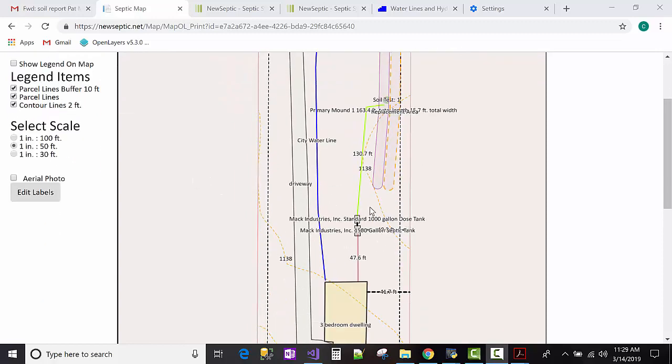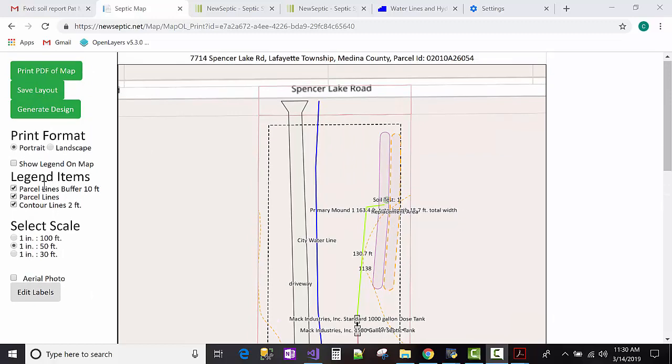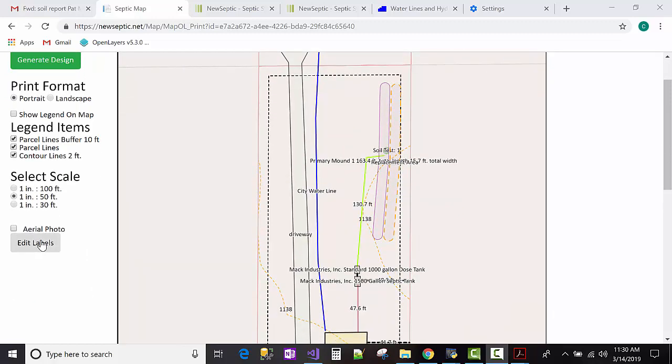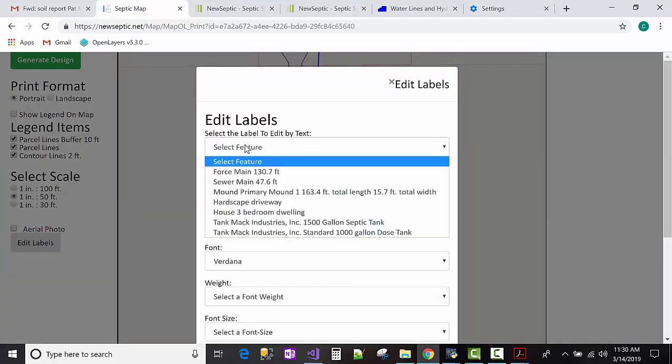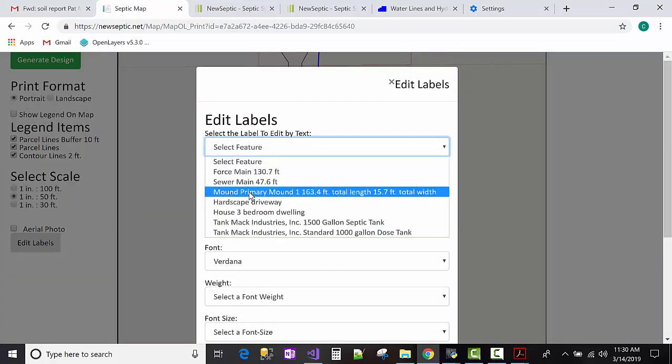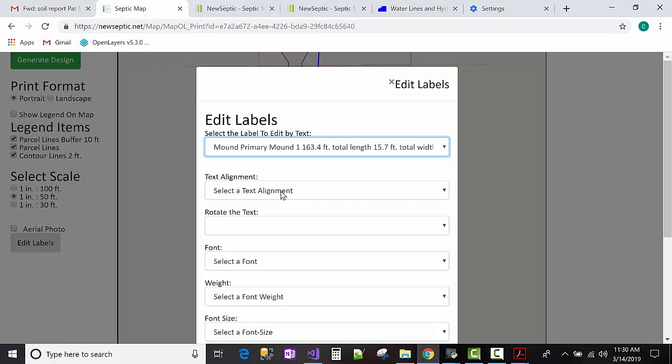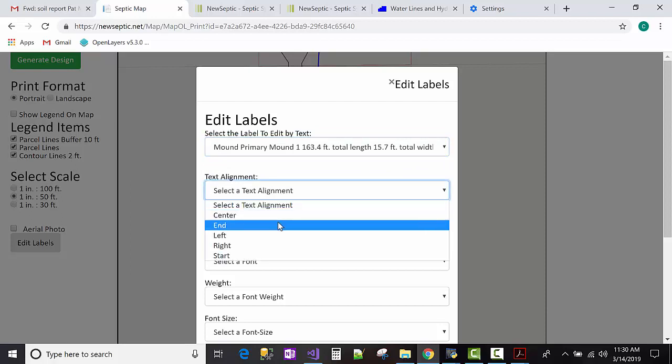But here I can see some of the labels overlapping. One of the features of New Septic is it does not really catch them on the fly, so we're working on that. But basically what you have to do is come in and edit these labels. So you can click the Edit Labels button, and I can see the mound system label is kind of all messed up. So what I'm going to do is click,